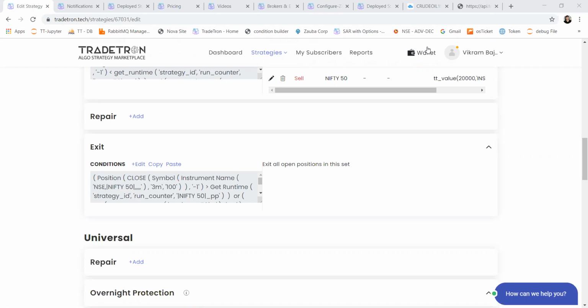How to exit on 10% of margin used? So, Mr. Ramesh, we are not tracking the margin which is being utilized by the user for any particular strategy. So if you have a rough estimate, like for the positions taken, what is the approximate amount which is getting blocked, you can put that number and 10% of it as the P&L condition.